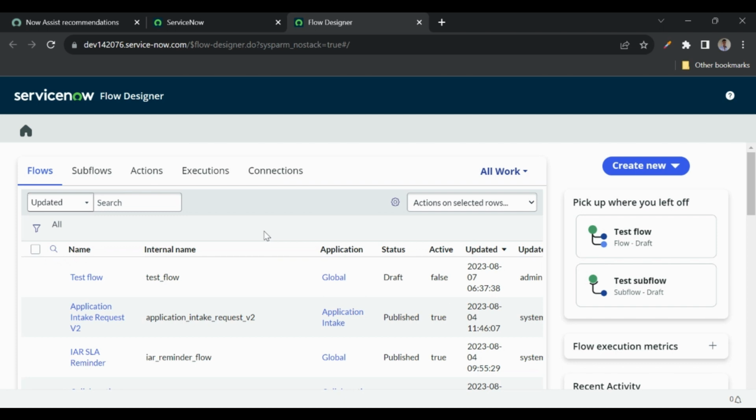Today in this session we'll discuss the Flow Designer enhancements introduced in the Vancouver release of ServiceNow. Clearly, the first enhancement you can see here is the UI. The UI is improved. Everything is nicely structured and we have more options on this landing page of